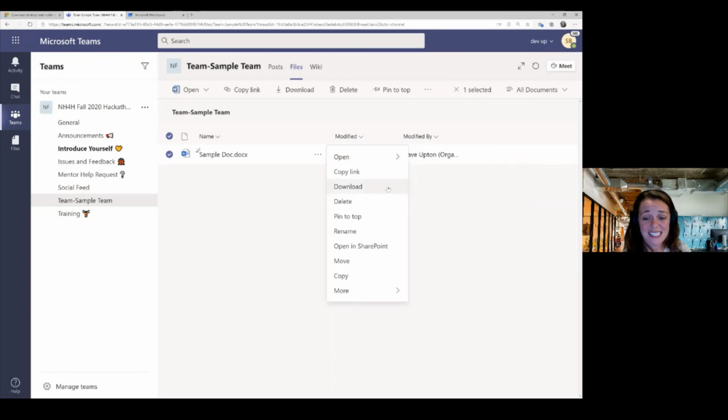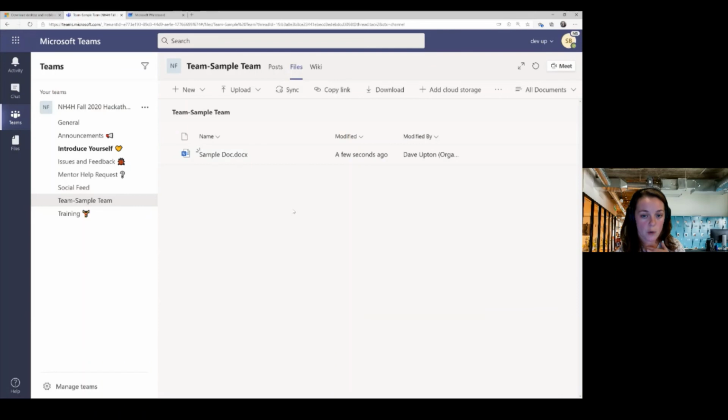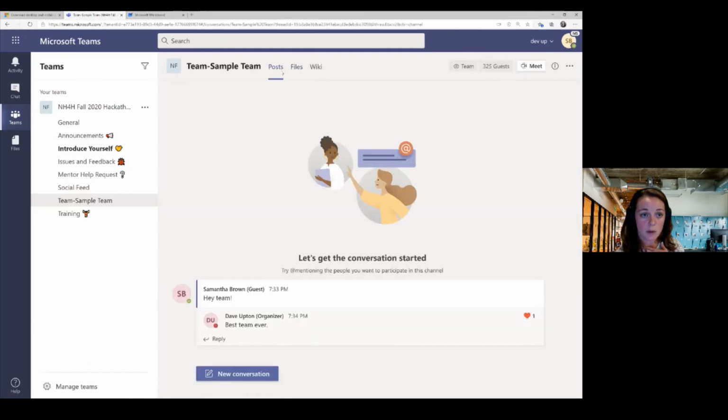If you download it, it's going to download a local copy, so no one will be able to co-author with you like you saw Dave doing. But as long as you open it in one of these 3 areas, everyone can co-author and see everything together. So this is files, can do the same thing on PowerPoint, for example.